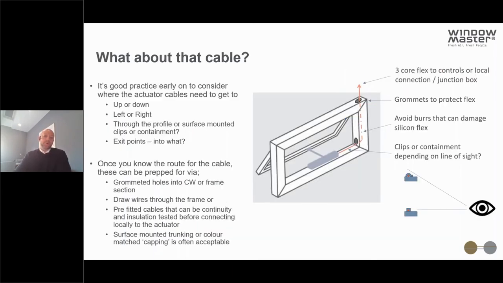So what about that cable? I think in the past, we've seen a lot of actuators fit to windows by one party, and then somebody else comes along much later in the day, and we've got a coil of cable left on the actuator, and there's a lot of head scratching goes on as to how we get that cable from A to B. And I think it's really good practice that we consider early on, where has that actuator cable got to get to? Actuators typically come with between